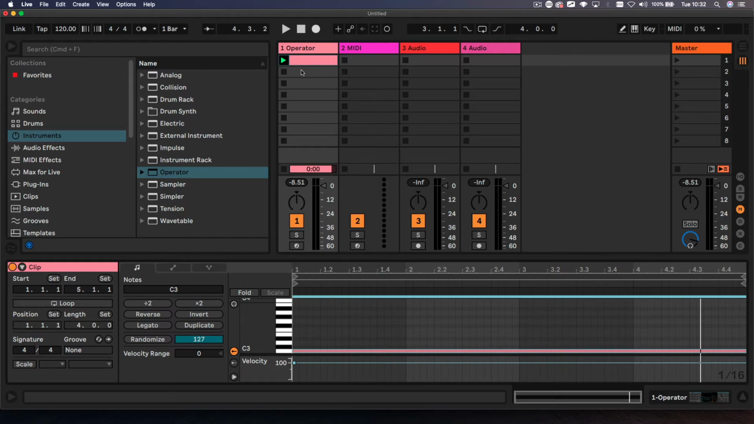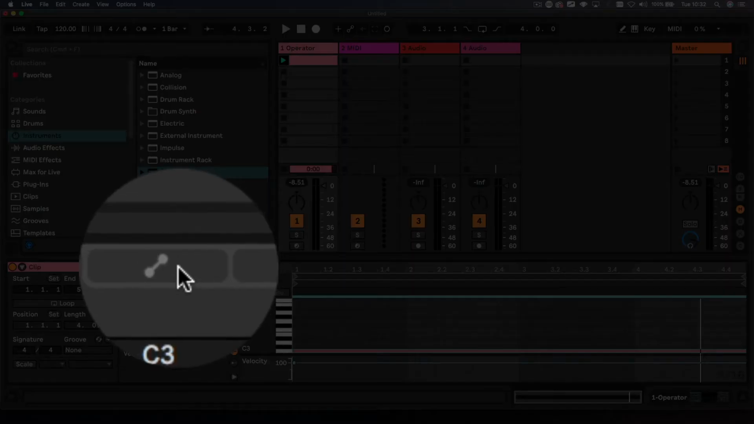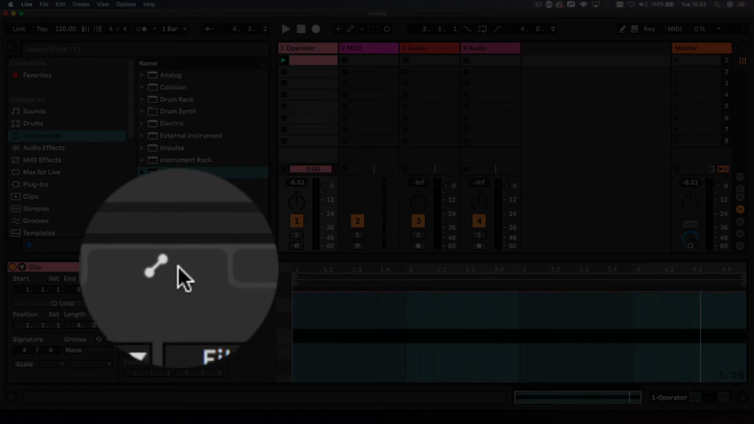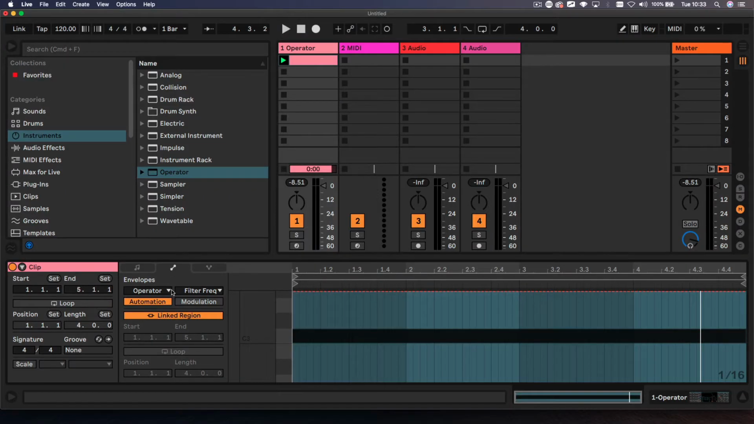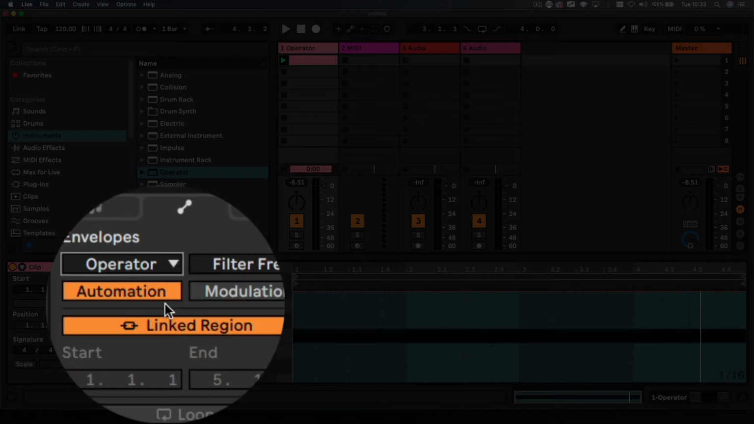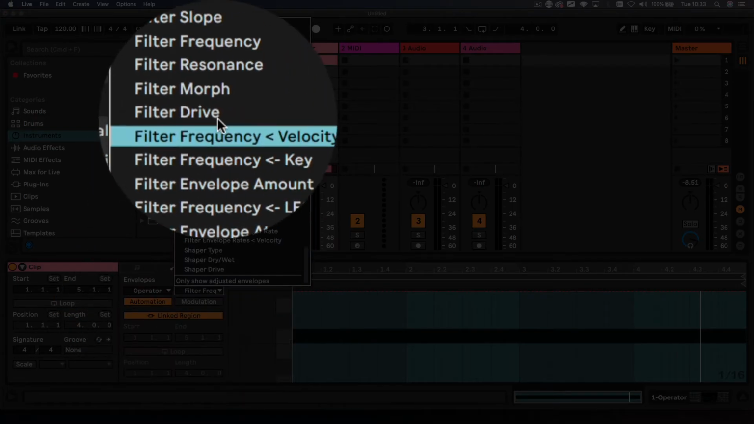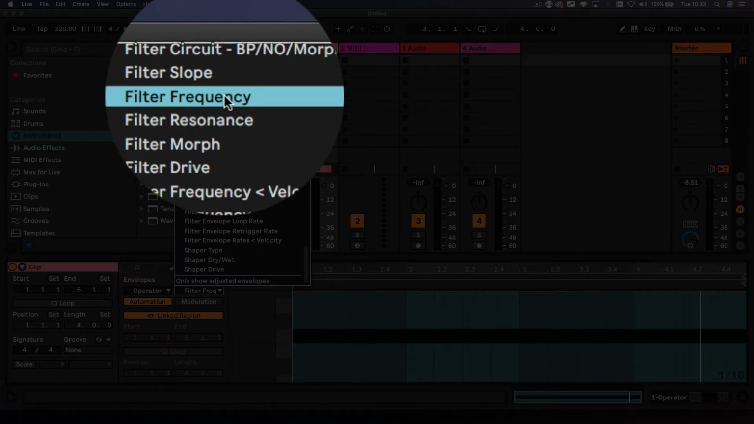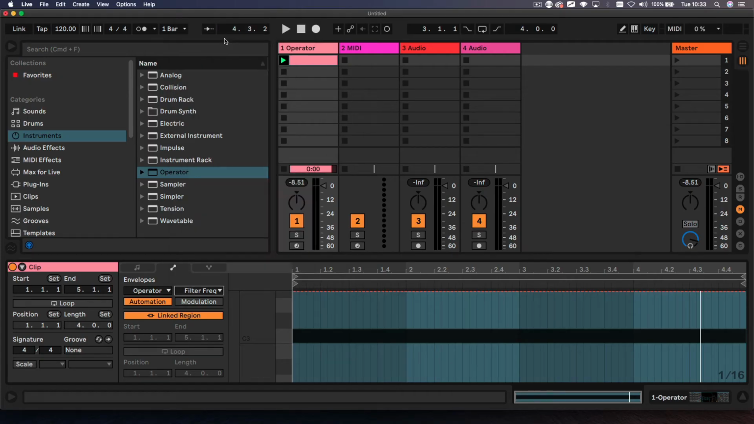We've seen automation before. It's an automation envelope, and we've got the Envelopes tab, which is this symbol, and it's already selected that I want to use the Operator, and because filter frequency was the last thing I selected, it's already selected there. This is what I want to actually control. The red line shows us what we're controlling, so we create a handle, create a second handle by clicking and drag it up. So now when I press play,